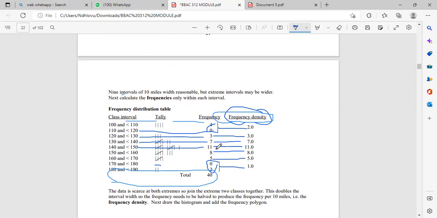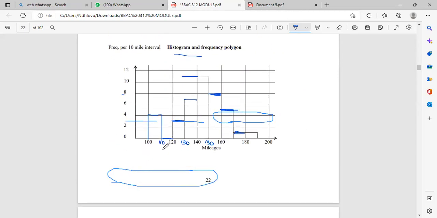Okay, so we're using the frequency to plot the histogram. Yes, every time we use the frequency to plot the histogram, against the intervals. So we use the frequencies to plot the histogram, and we put the interval here. So meaning this is